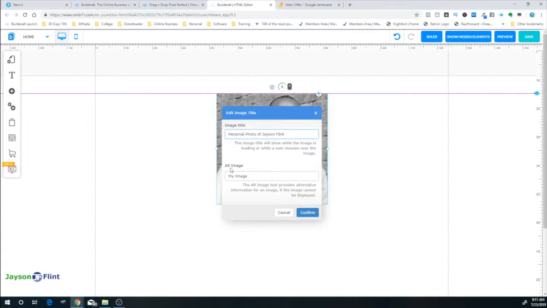All right, and then it says alternate image. The alt image text provides alternate information for an image if the image cannot be displayed. And I can say the same thing above and just say